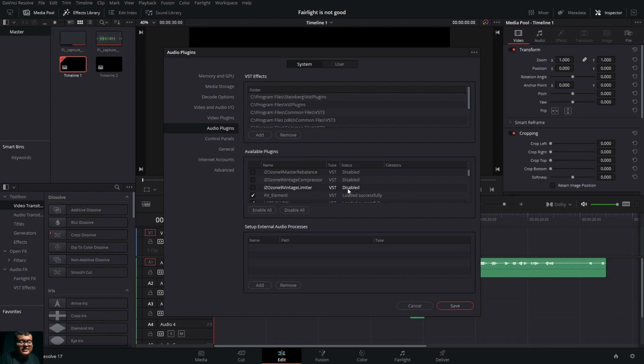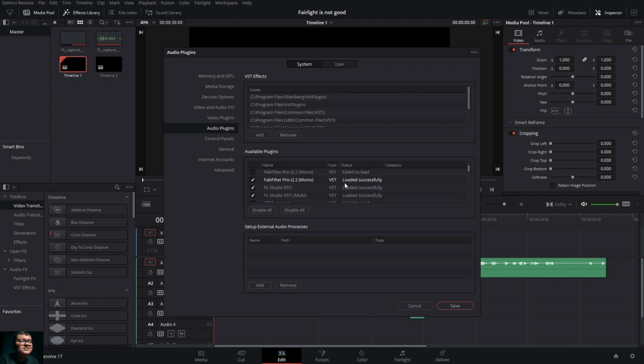Actually, some of the plugins don't load in Resolve. As I told, not all plugins are compatible with Resolve, especially instrument things. I have tried some instrument plugins, but they didn't load, or something might have happened on the plugin side. You need to check both. As you know, VST3 is still incoming, in the near future I can say, because I had contacted them. And not AAX, definitely not AAX.